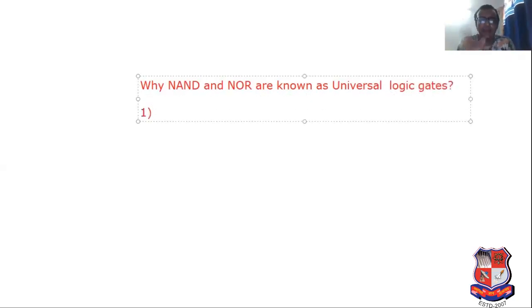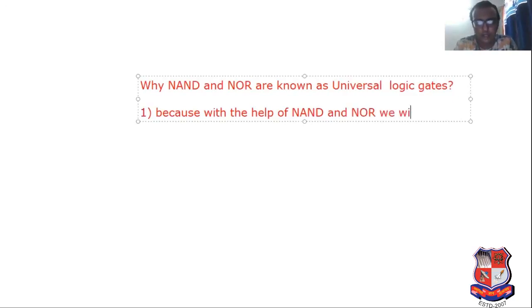First, why are NAND and NOR known as universal logic gates? Because with the help of NAND and NOR we are easily able to design